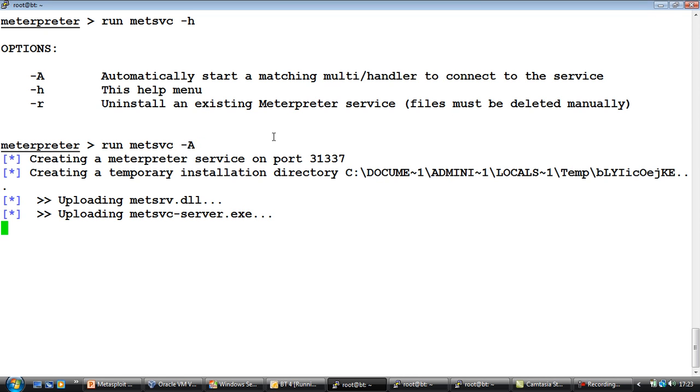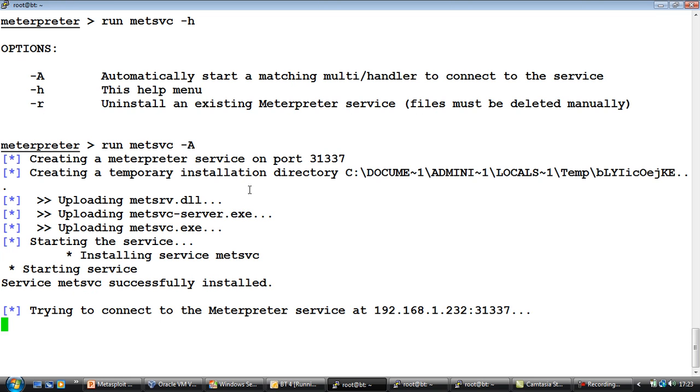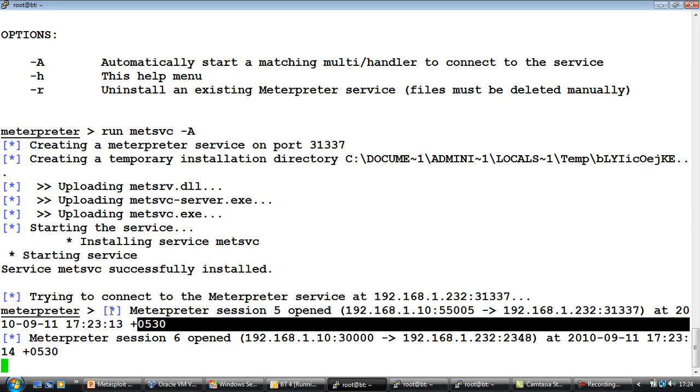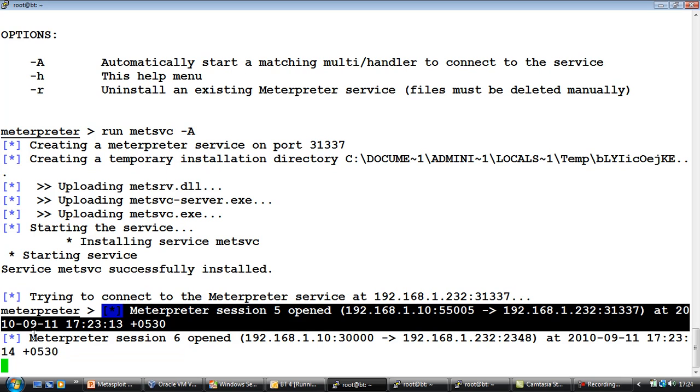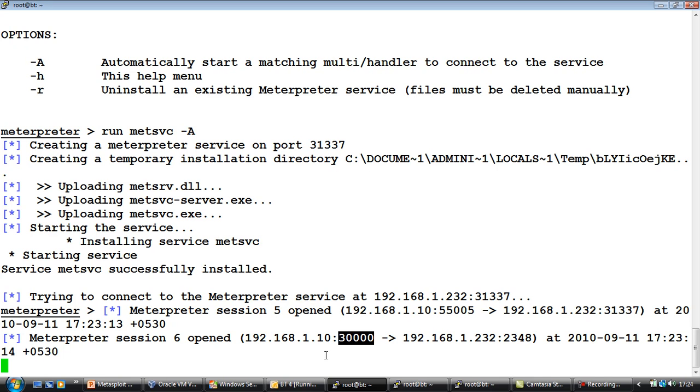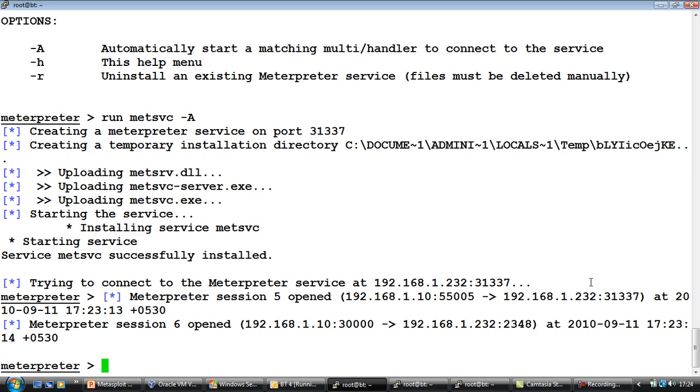That's it. It automatically goes ahead, uploads the DLL, the server, as well as the service, and it installs the service automatically. And if you notice, we are already getting a couple of connections, right? So this is the connection which has come from the Metsvc, number 5. Number 6 is actually running from the previous one, because as we saw, we could not kill it because the process ID was incorrect. So if you remember, port 30,000 was what we had set for the persistence script, right? Anyway, and this one, by default,